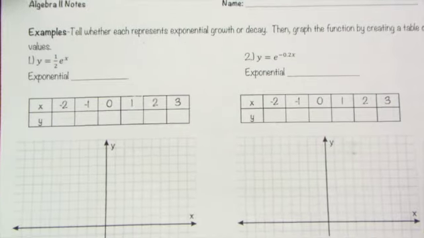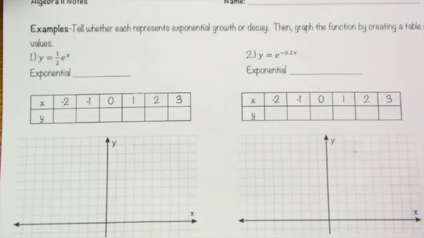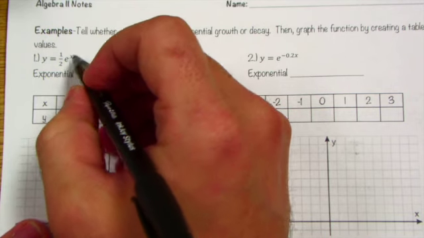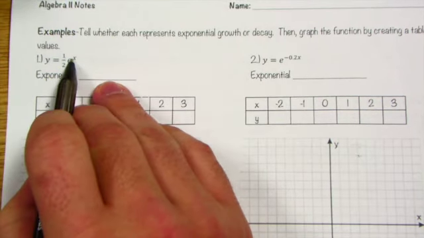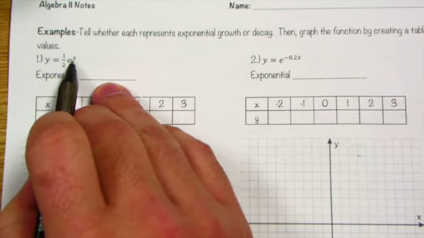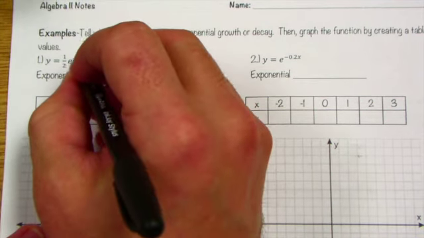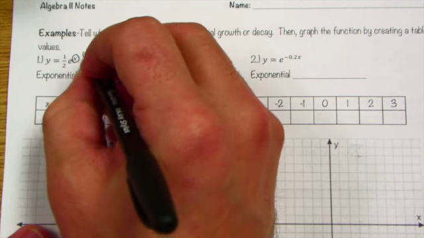Let's look at some examples. So what we're going to do is tell whether or not each represents growth or decay, then graph the function by creating a table, similar to what we did in the last section. So what we need to look for is the value of k. K is the number that will be in front of the x. Since you don't see anything there, we're going to assume that this is 1,